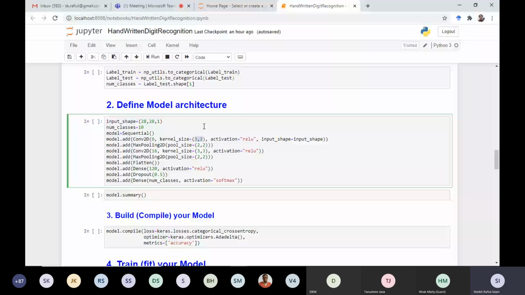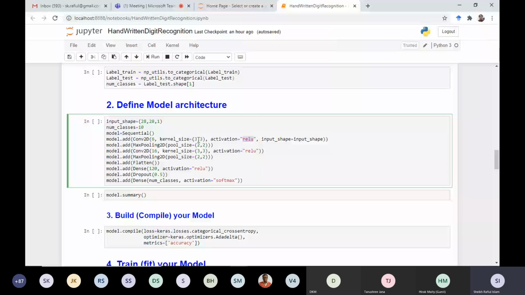Activation, as I already mentioned, an activation function is required for each and every layer. If it is a convolution one, I think you are very much aware of the ReLU activation function. As this is a hidden layer, we have used ReLU.